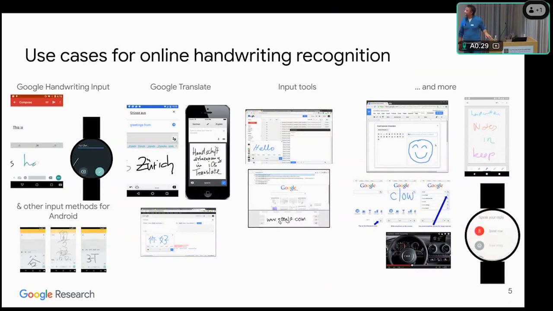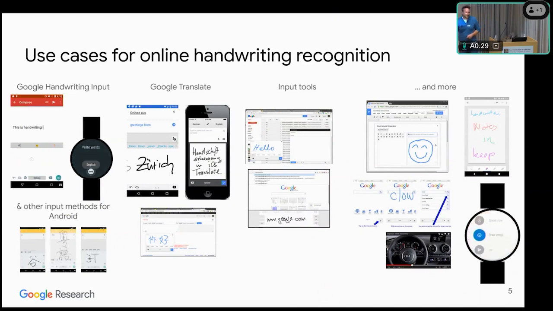You might ask, why are we interested in online handwriting recognition? The reason is that it's a very natural way to input text on certain form factors. If you have an Android phone, you can even try it on your phone through the Gboard handwriting layout, which is all the way at the end over there.